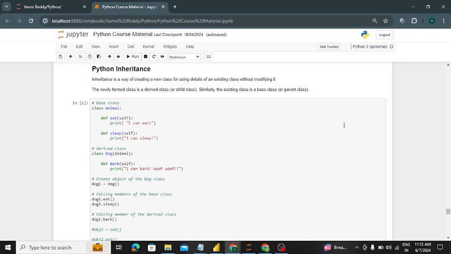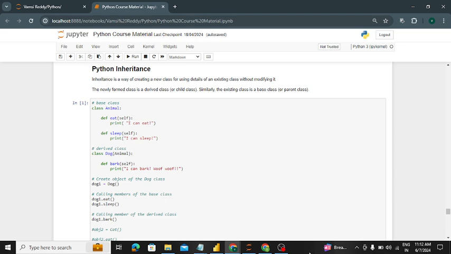In the previous class we discussed classes and objects. Any doubts in classes and objects? Is everything clear? So today we are moving forward with inheritance. This is an OOPS pillar concept for Python. The pillars are inheritance, encapsulation, polymorphism, abstraction. These are the four pillars of the OOPS concept in Python, Java, C, any language. In that, the first one is inheritance.